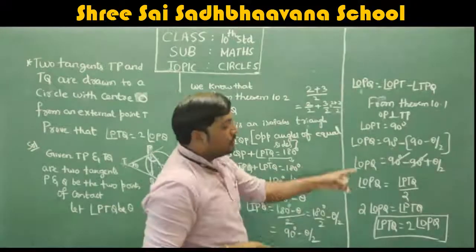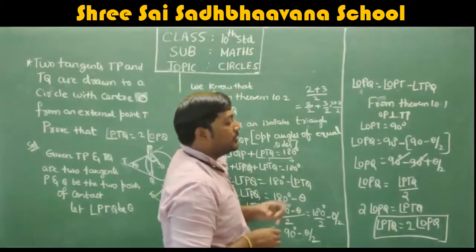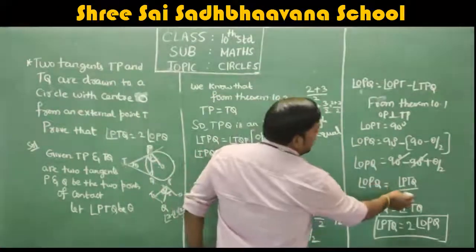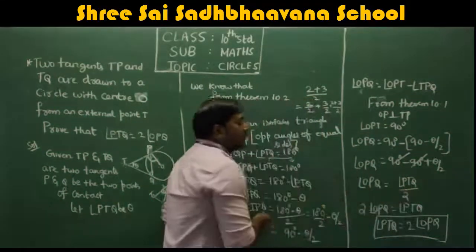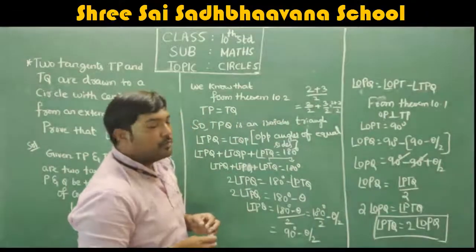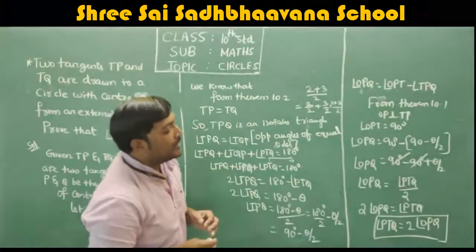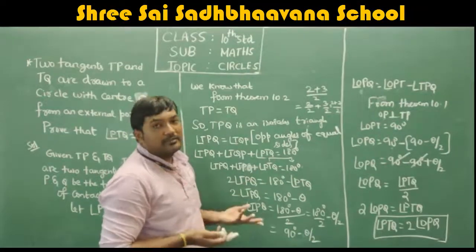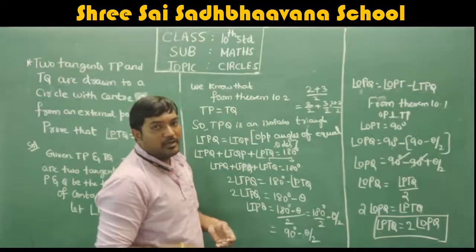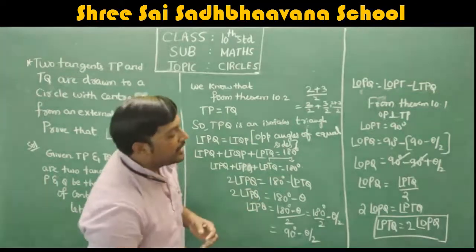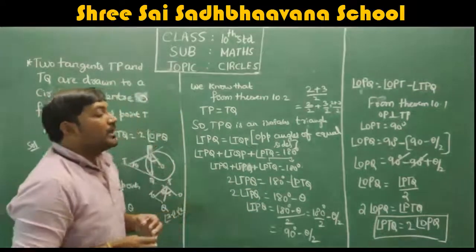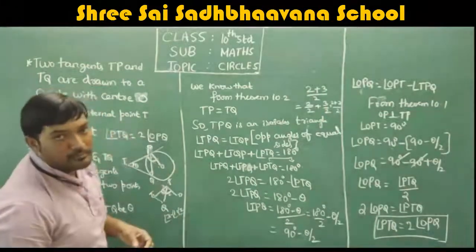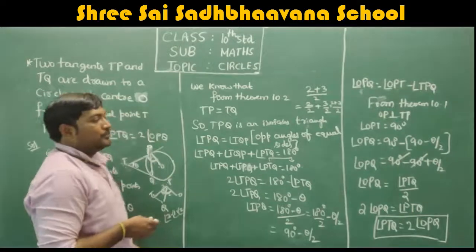What we assumed as theta is angle PTQ. So you got angle OPQ equal to angle PTQ by 2. Here 2 is in the denominator, send it to the LHS. It will become 2 into OPQ. So 2 into angle OPQ is equal to angle PTQ. A is equal to B can also be written as B is equal to A, right? So we can also write it as angle PTQ is equal to 2 times OPQ. So we proved what is required. What we had to prove, that we proved.